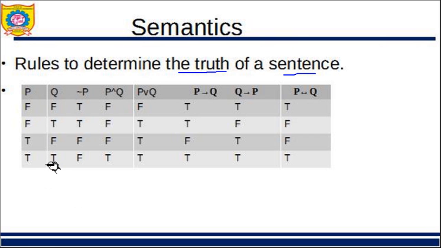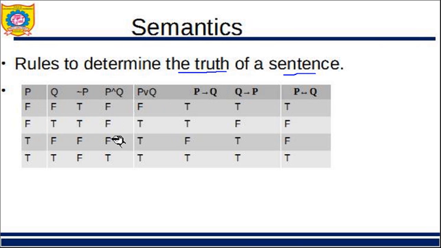So here we have represented the truth table. You have already seen this in your second year. My proposition is P and my proposition is Q. This is the negation of P. Here I have false, false, true, true, so finding the negation of P, I'll get true, true, false, false. Next we have P and Q. I want to do ANDing, so F and F is F. Generally we take false as 0 and true as 1.